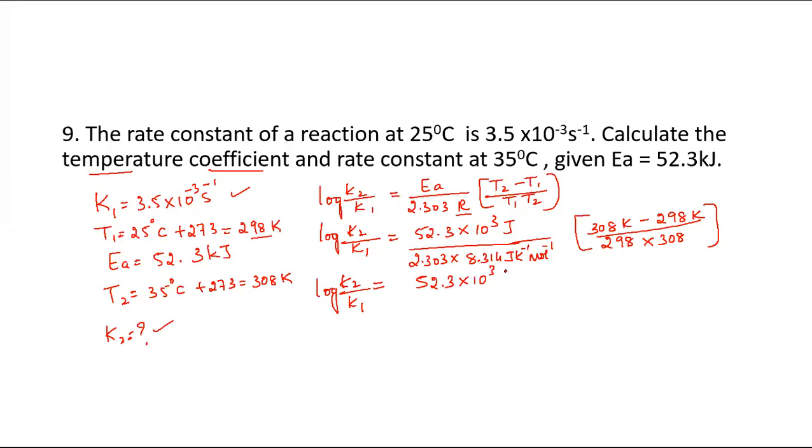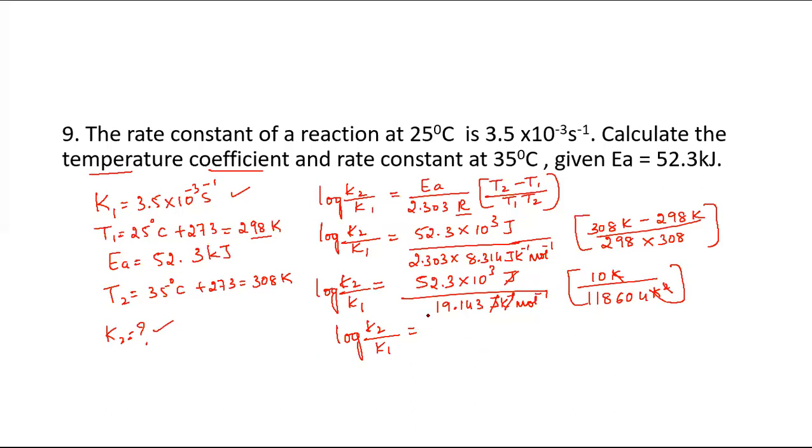52.3 into 10 to the power of 3 joules divided by 19.143 joule per Kelvin per mole, right? So joules got cancelled. 308 minus 298 is 10, right? So that is 10 Kelvin divided by 298 into 308, which is 118604. Okay, this is Kelvin square. This and this got cancelled. Per Kelvin and this Kelvin got cancelled. So log K2 by K1 will be equal to,